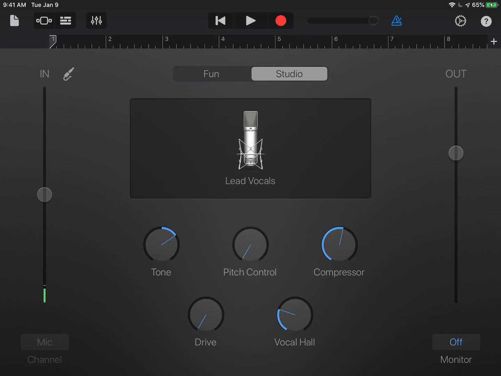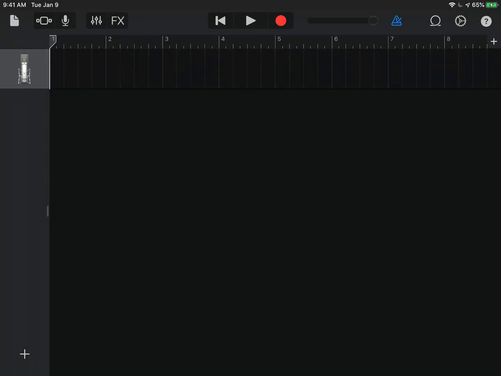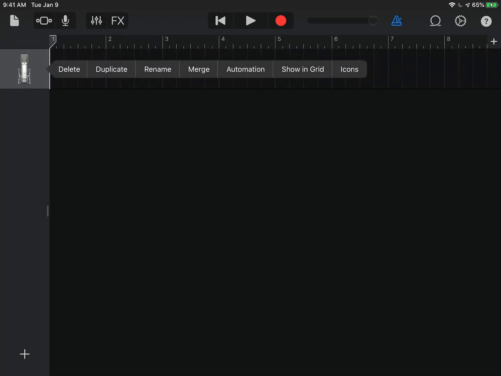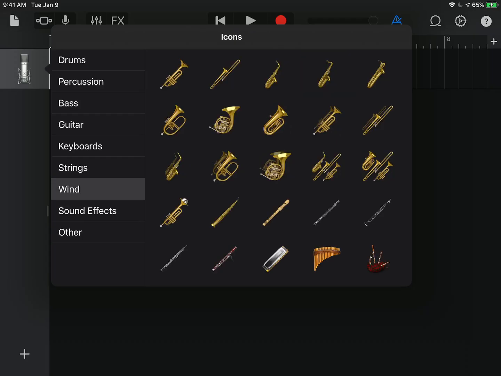So I'm going to go to what looks like, up here on the top bar, Morse code, right? The lines with the dots. And I touch that, and it's going to show me the track listing. So I tap the microphone, and I'm going to rename it and also change the icon, just that way I don't get lost. So icon, and then I'm going to go over here to wind instruments, and you can pick whatever wind instrument you're going to do. I'm going to do some jazz recorder,